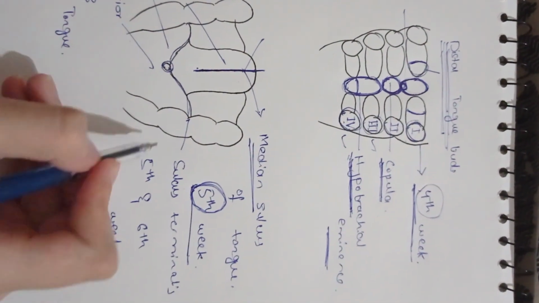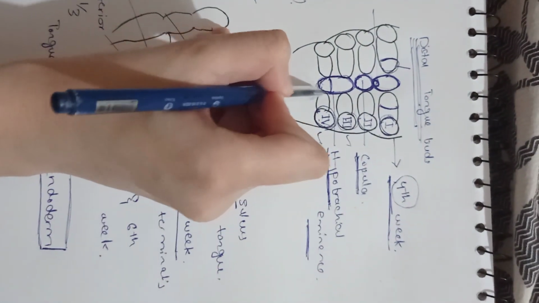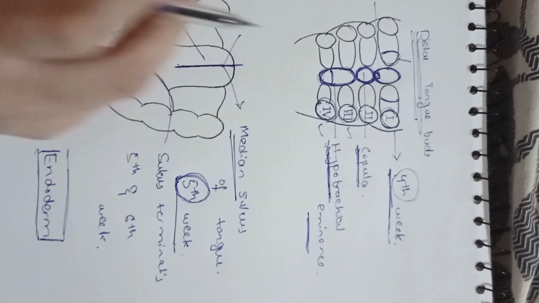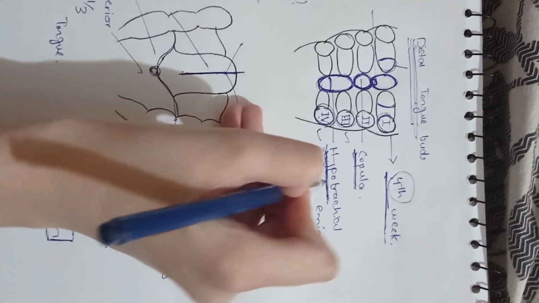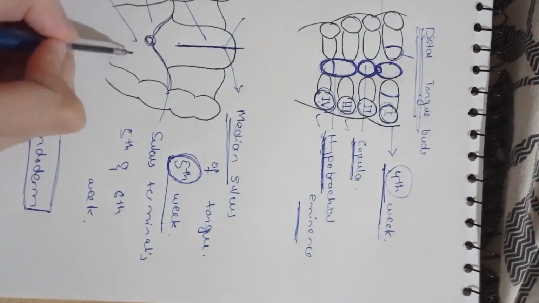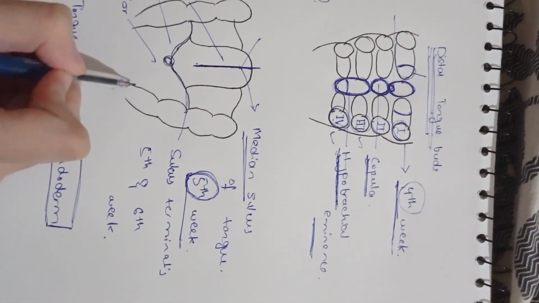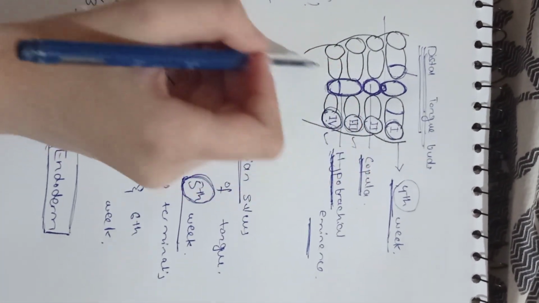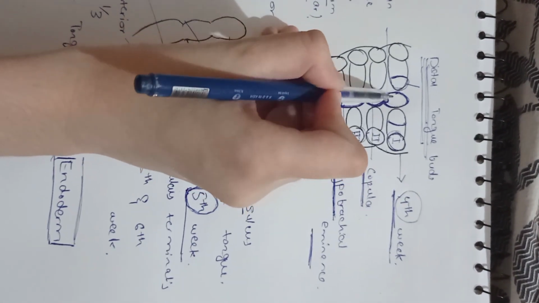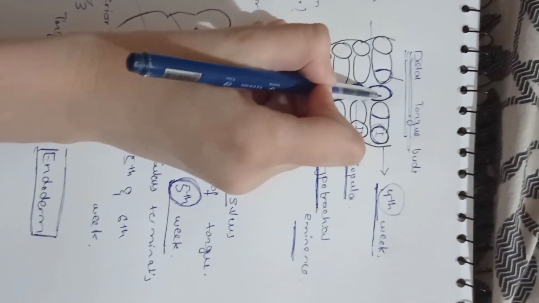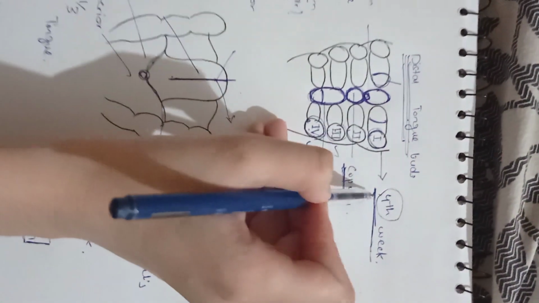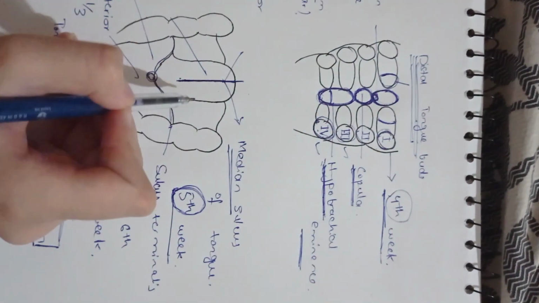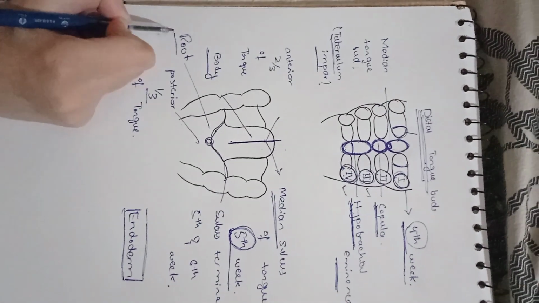In the next step this hypobranchial eminence begins to enlarge, and it overgrows the copula. It contributes to the formation of the posterior 1/3 of tongue. The anterior 2/3 of tongue is formed by the fusion of the distal tongue buds. The median tongue bud disappears. Their fusion contributes to the formation of the anterior 2/3 of tongue from the first pair of pharyngeal arches. The hypobranchial eminence overgrows the copula and contributes to the formation of the posterior 1/3 of tongue, which is also called the root of tongue.